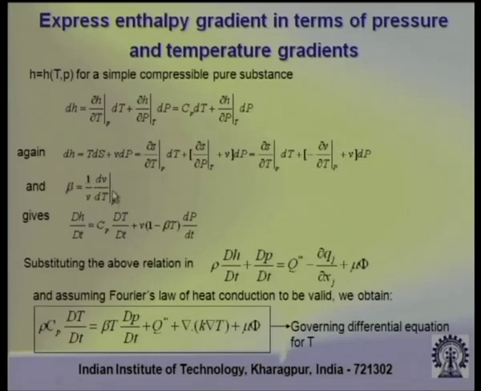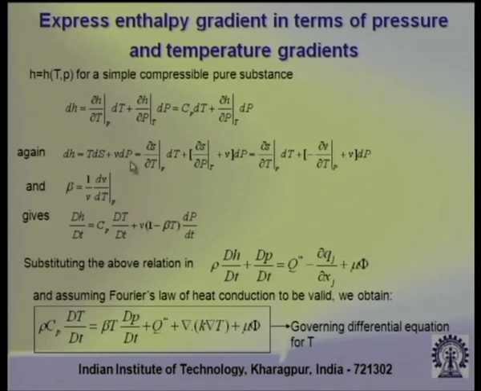And you can use the definition of the volumetric expansion coefficient beta. This is the change in volume per unit volume for each degree change in temperature. If you combine all these, then it is possible to write the total derivative of specific enthalpy in terms of the total derivative of temperature and the total derivative of pressure. That is what is expressed by these terms. So, it is essentially an outcome of an exercise of using thermodynamic relationships. It is nothing more difficult than that.